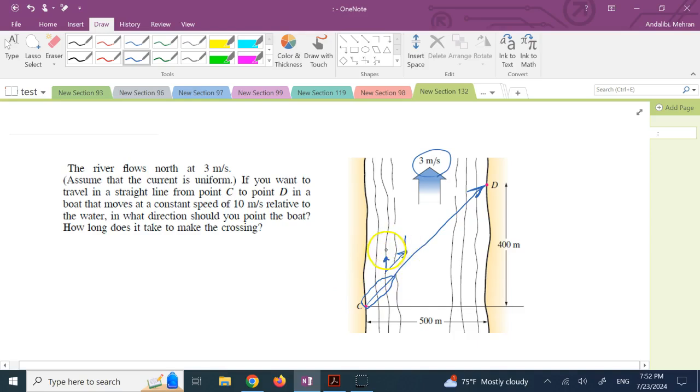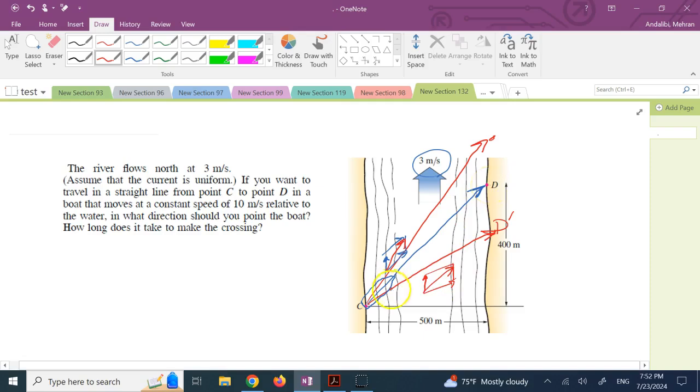And so the sum of these two vectors is going to be a little bit more upward. So you are going to probably end up here, because the water is going to carry you a little bit further north. So if you really want to end up at D, you should aim lower. You should aim probably here at this point D prime. So that velocity added to that 3 meters hopefully ends up with a vector that is exactly going from C